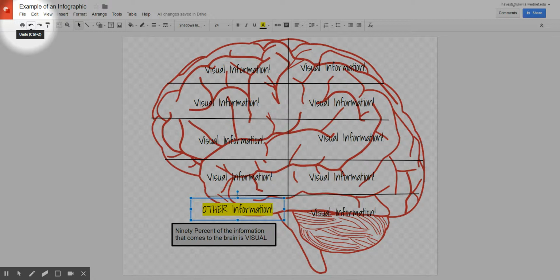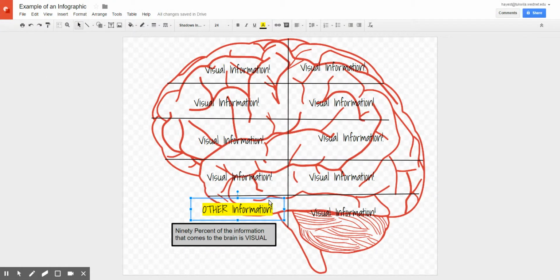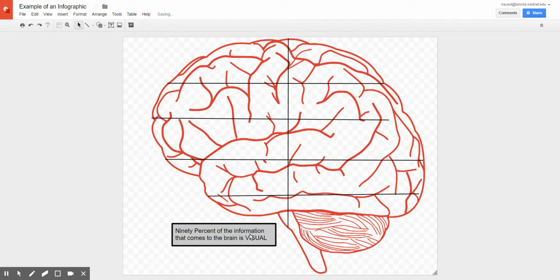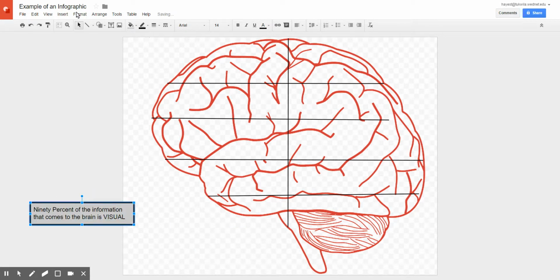So in this case, I'm actually going to delete things by selecting them, hitting delete, oops, selecting the actual box and hitting delete, and then choosing the rest of it, and then hitting delete as well. All right, so what I would like is the idea of being able to undo what I just did to be able to represent that information. All right, so if this is where my presentation begins, I might start with the idea of